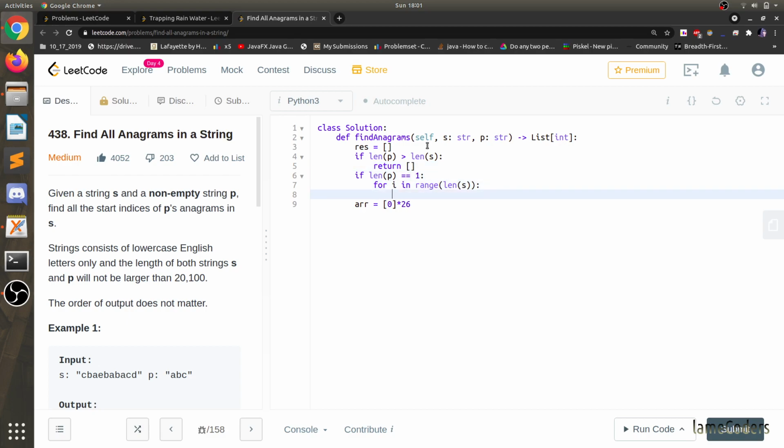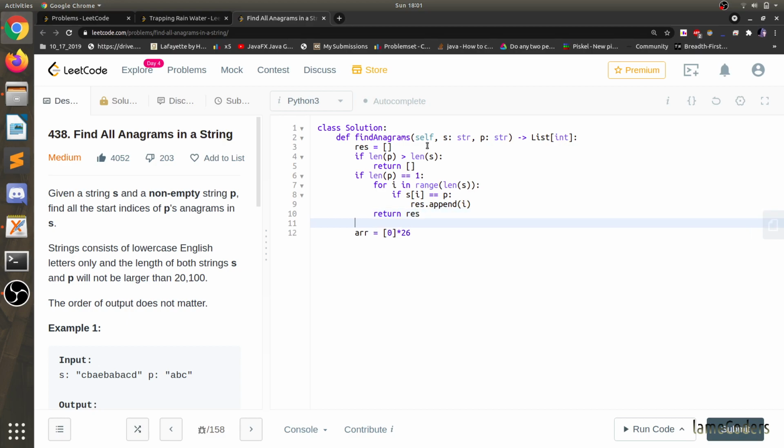Now for i in range of length of S, if S of i is equal to P, then result dot append i, and finally return result.